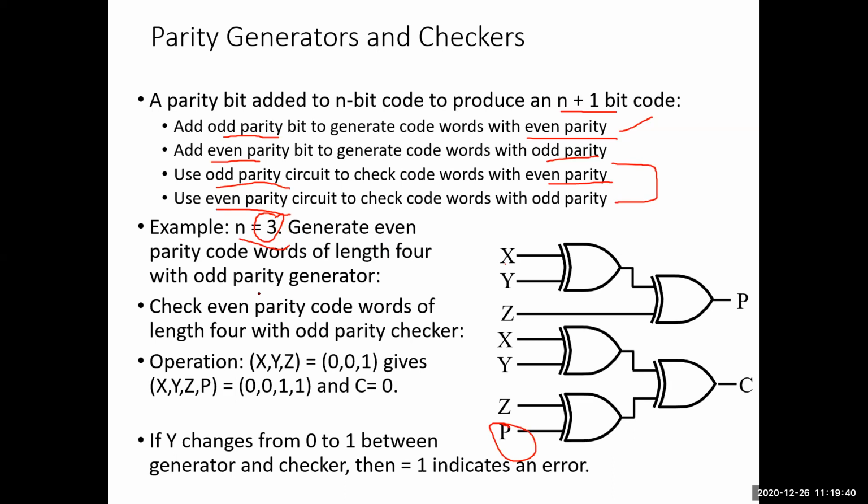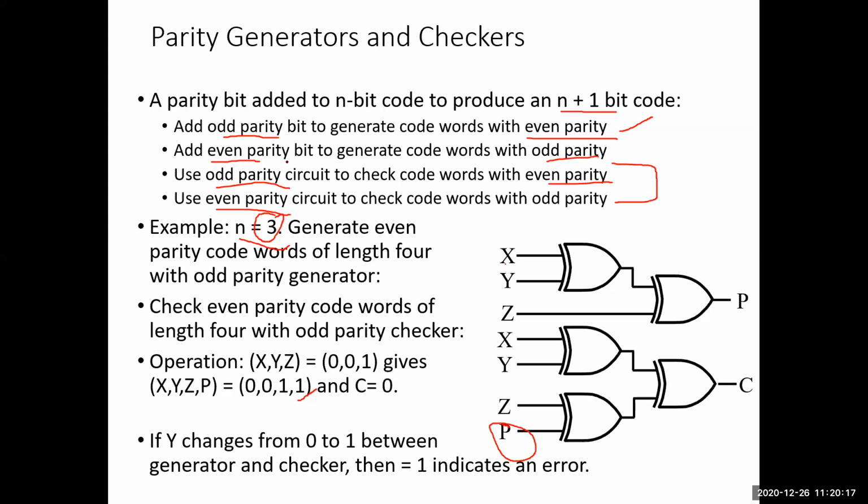In this example x, y, z is there, 0, 0, 1, if I have given that as an input for x, y, z, then ultimately depending upon my parity, if my parity is equal to 1, and you apply these values over here, depending upon the operation of XOR, you will be obtaining these outputs. The value of C, the checker, will be equal to 0. So this is how your parity generator will be working. If an odd parity bit has been added, then an even parity word will be generated.